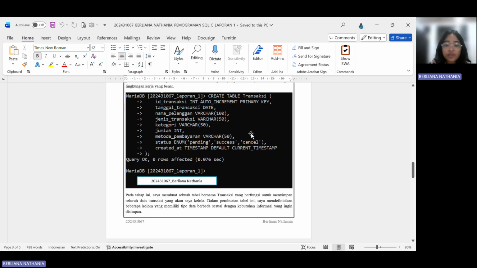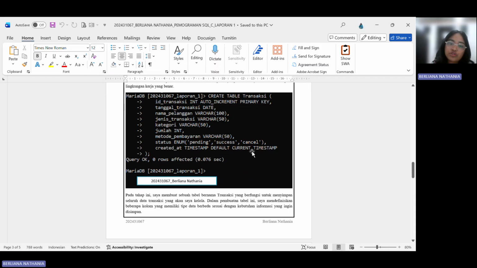Then I use different data types: date for tanggal, varchar for the text, and int for the numbers. So tanggal transaksi I use date, nama pelanggan varchar, jenis transaksi varchar, kategori varchar, jumlah int, metode pembayaran varchar, status enum, created at timestamp default current timestamp.